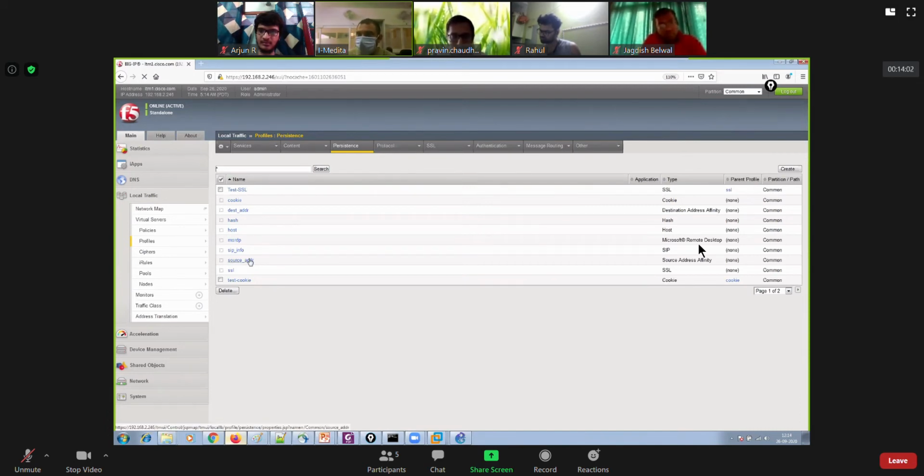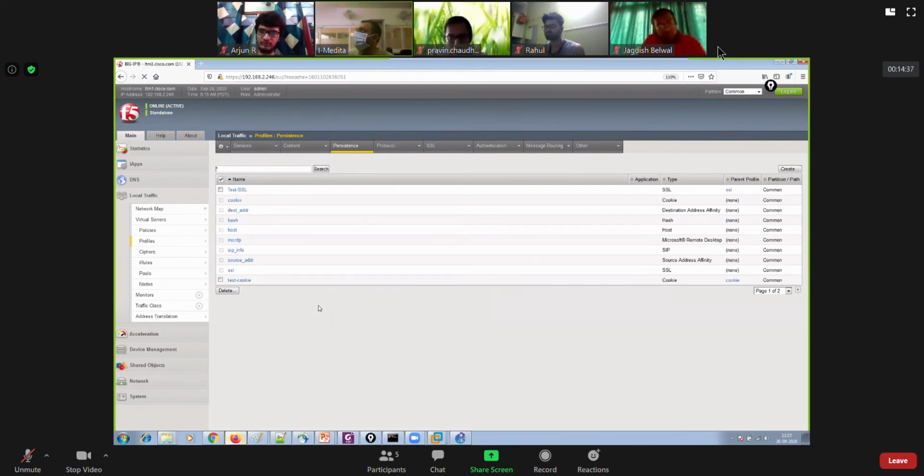And we saw that for source IP address or for SSL, the persistence table was created by the BIG-IP locally. It had persistence records in its local persistence table. But in the case of cookie insert mode, the BIG-IP never had any information locally in its persistence table, because the cookie was provided to the end user machine, and the end user machine stored that cookie in its browser memory.